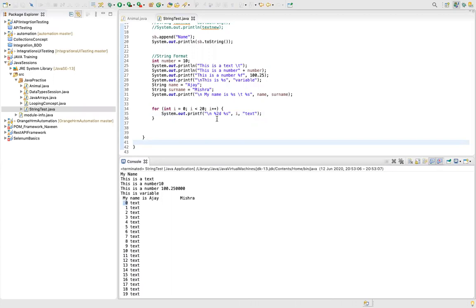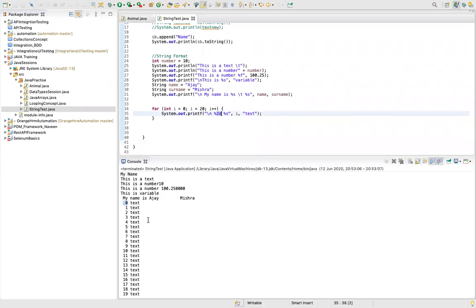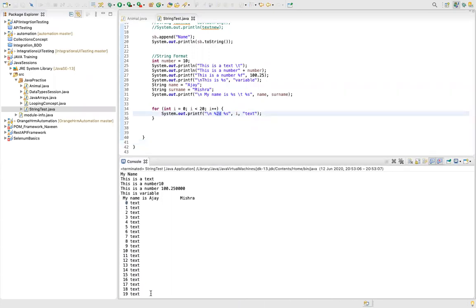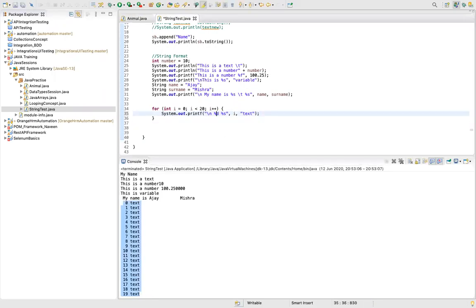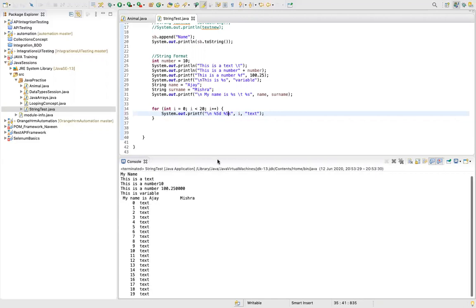Using a number between % and d, I can give spaces, so this is cleaner in terms of formatting. If I say %5 and print, see, it's giving more space. Same over here, if I say 5, see. This is how you can play around with these things and how you can use /n, /t, %d, %f, %s, and formatting numbers between the % and the d value.